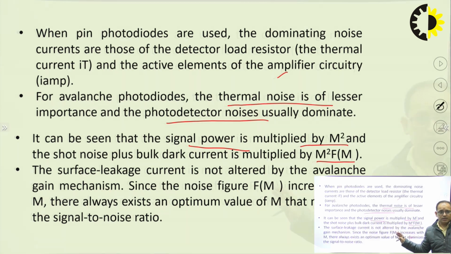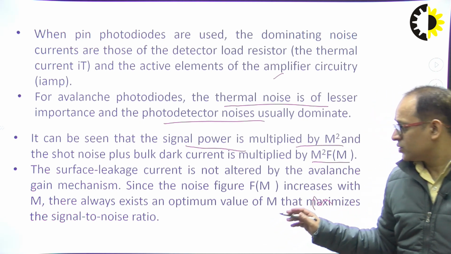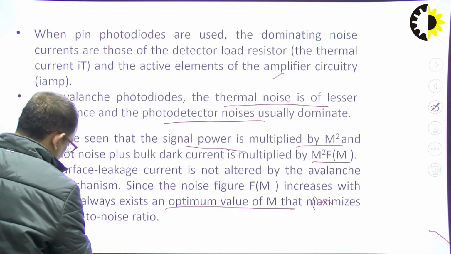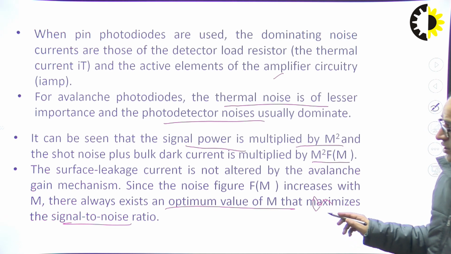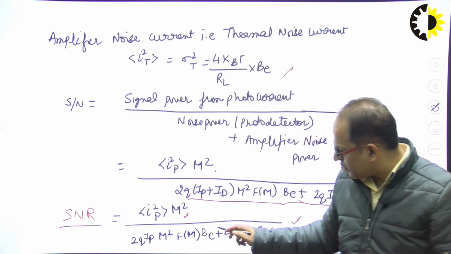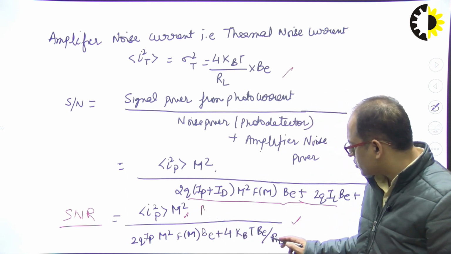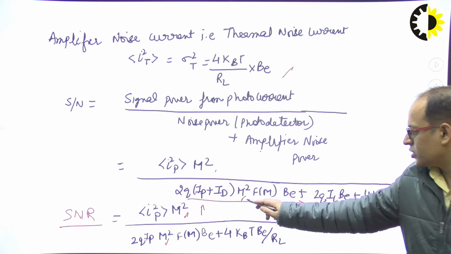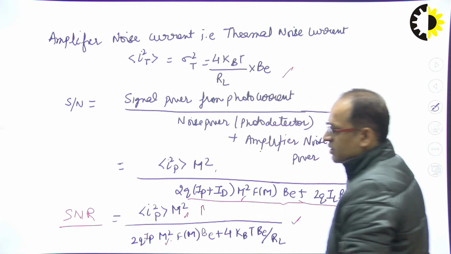Now this surface leakage current is not affected by the avalanche gain mechanism. The noise figure increases with gain, so there should be some optimized value of M so that the signal to noise ratio gets maximized. Clear? So this one is the SNR. There should be some optimized value of M so that the SNR is increased, because M is in the numerator and M is also in the denominator. So M should be optimized so that the SNR is